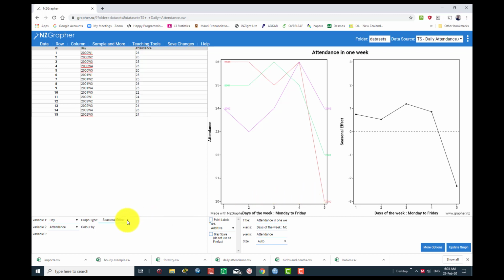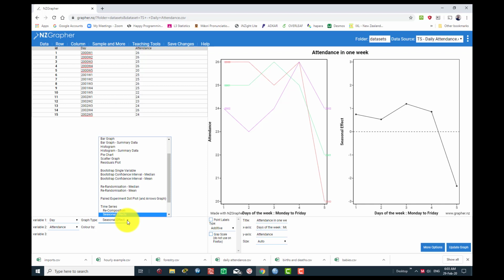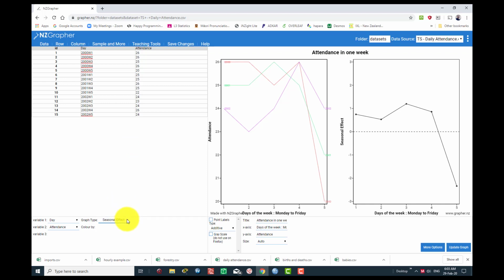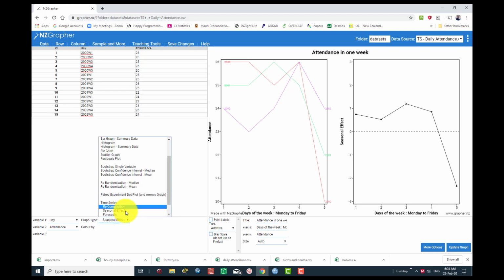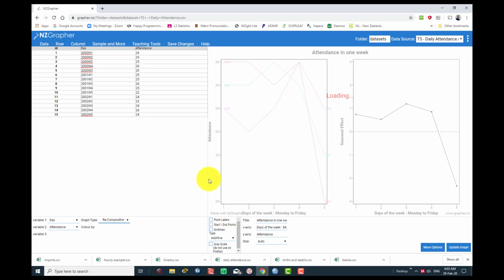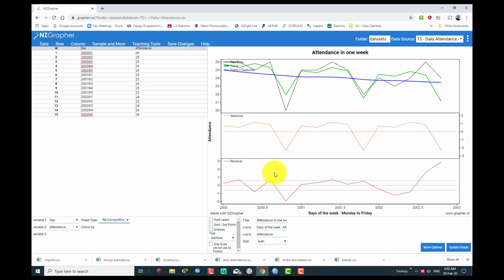What we'd be interested in is the residuals, because the residuals are going to tell us whether or not seasonal effects, we want the recomposition file, that one. This graph is going to tell us whether or not our predictors are going to be good. We can see a little bit of a pattern here. So Friday, lower attendance, Friday, lower attendance, Friday, lower attendance. But the first 2 years are sort of a little bit similar. The third